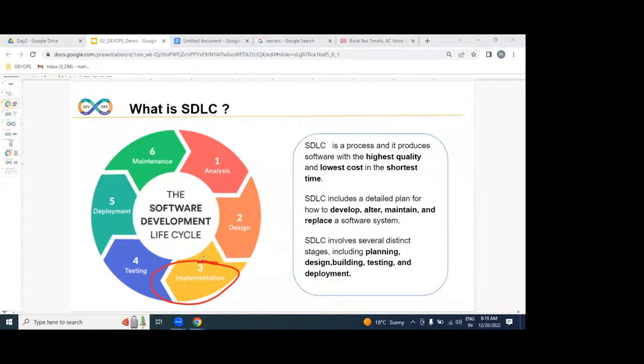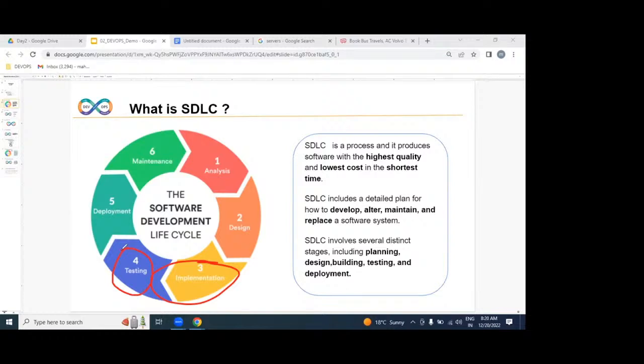After successfully implementing the software, whether the software is going to be working or not, our testers will verify by using automation test cases, manual test cases, or performance test cases.